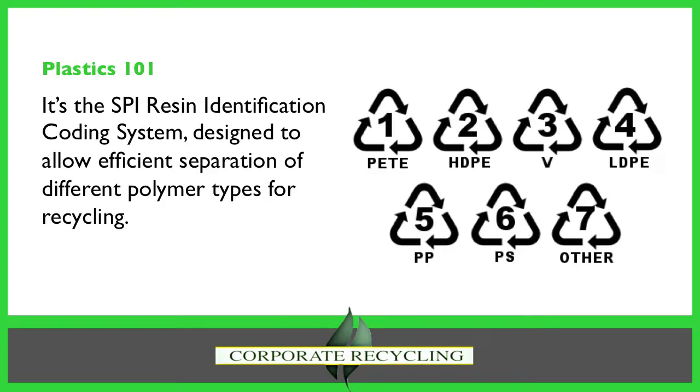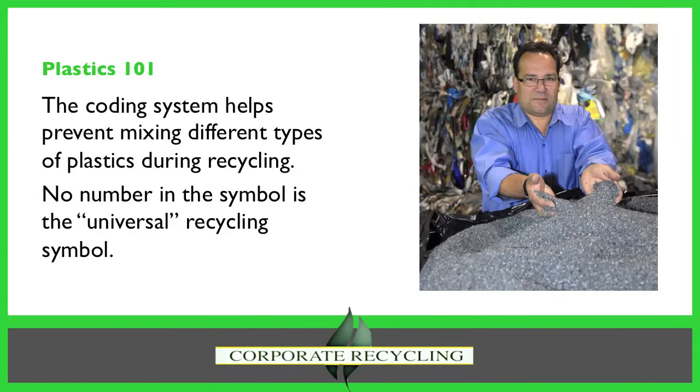to be used internationally. The primary purpose of the coding system is to allow efficient separation of different polymer types for recycling. The reason that this is important is because every one item of the wrong type of resin could actually ruin an entire mix of plastics. So if you have an entire ton of PET, which is typically water bottles, and then you have some HDPE in there, which is typically laundry detergent or milk jugs,